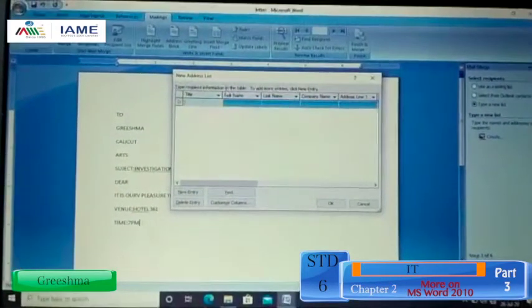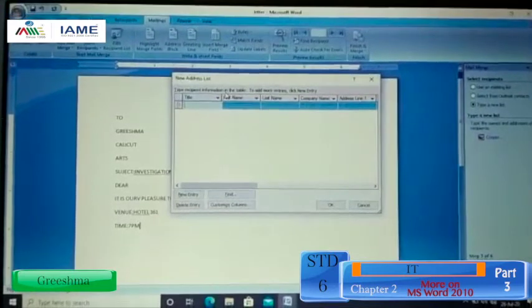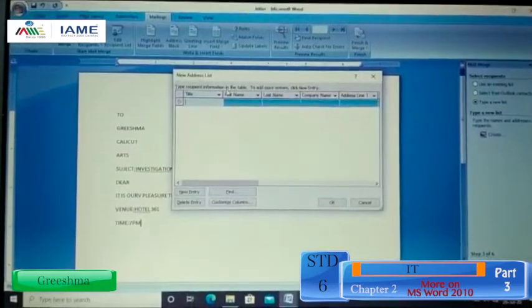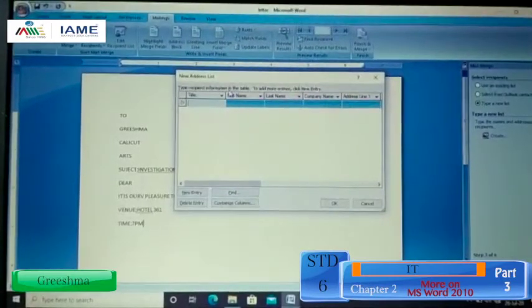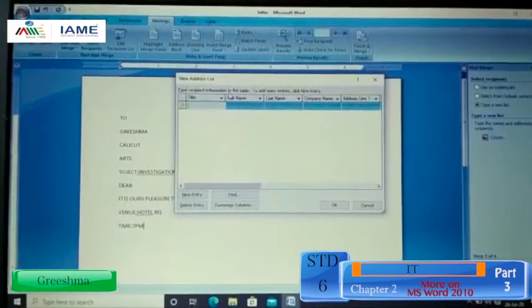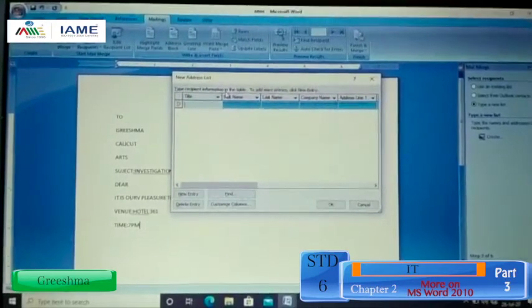Then 11th step, add a title like Mr., Mrs., Doctor, etc., and press the Tab key to move to the next field.